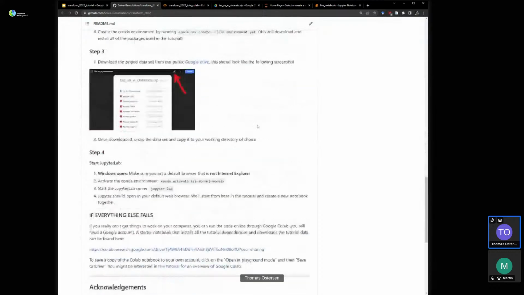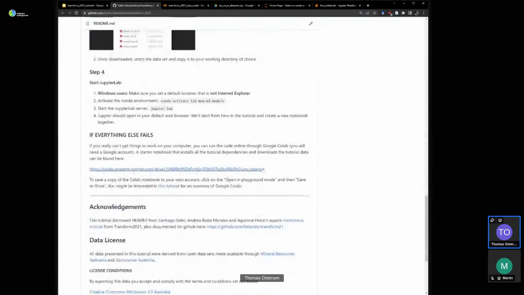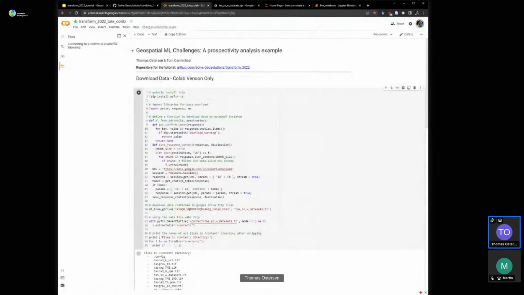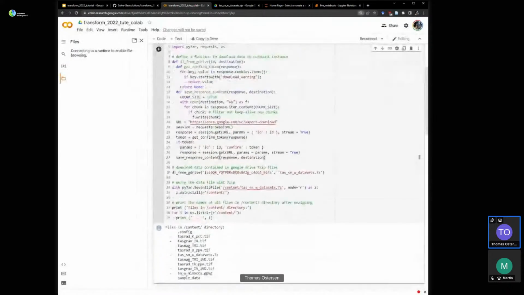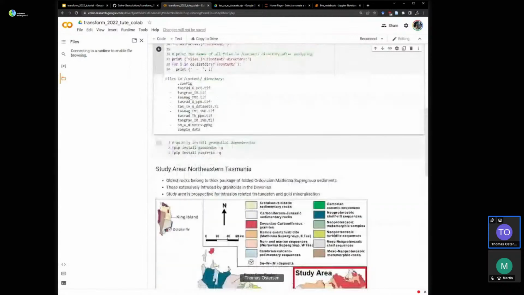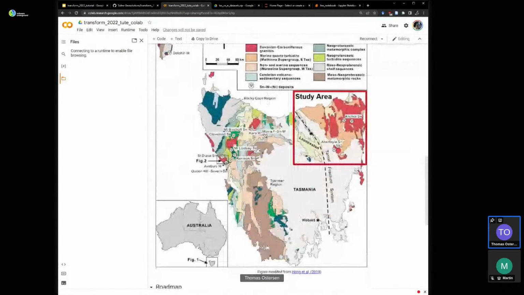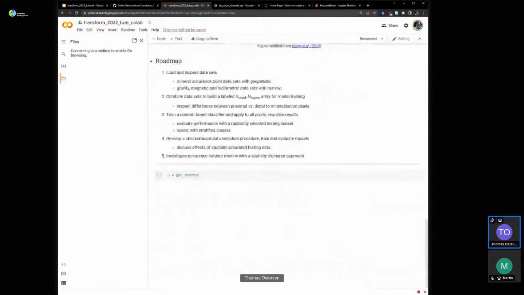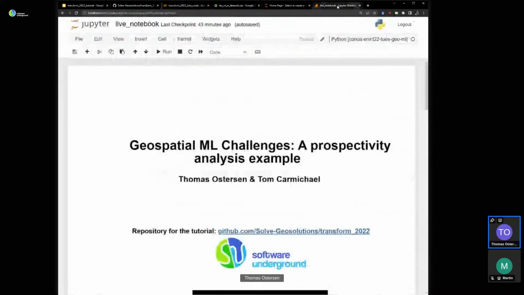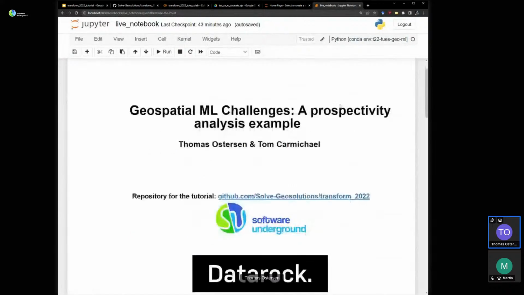But I should say, if everything else fails, you can open this Colab notebook here, which will take you to a Colab notebook that I've set up with code to basically download the data sets, install some dependencies, and get you started. So with that, I'll jump to my notebook and we can get started.